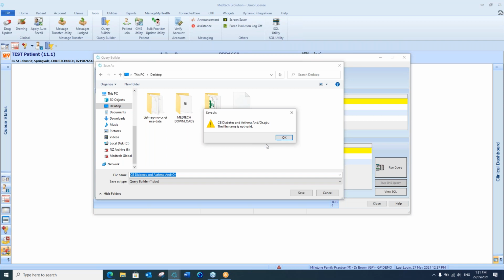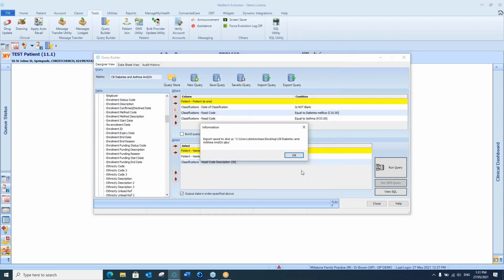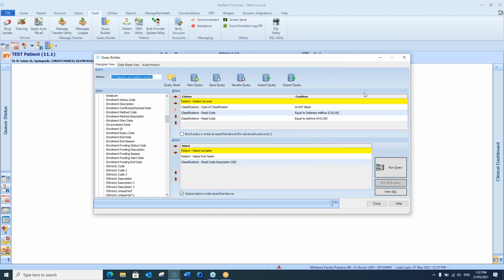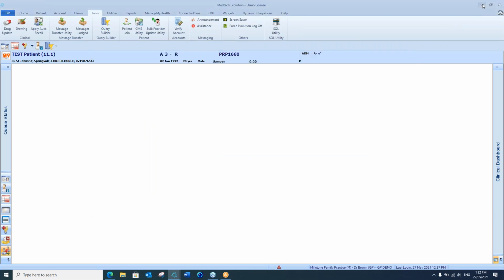No, I don't want to save that. I want to save this one. Okay, the reason it's not saving is because I have a / in here. So I just need to take that out and then it will save it. That's a general Windows issue. So that's now been saved onto my desktop. If we have a quick look there,